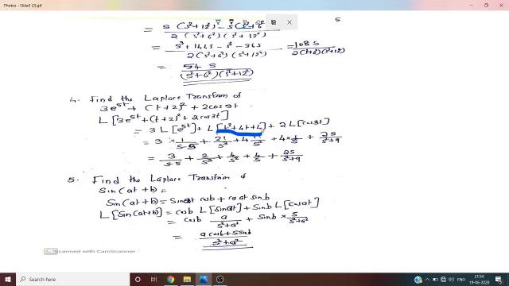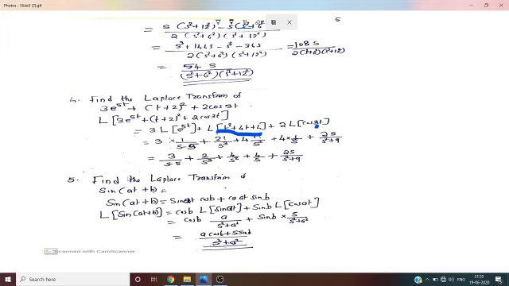And what is the Laplace transform of 4? That is 4 into the Laplace transform of 1, that is 4 into 1 by s. The Laplace transform of 1 is 1 by s. What is the Laplace transform of cos 3t? 2 into s by s square plus a square, where a is 3, 3 square is 9. That is, you will get the answer as 3 by s minus 5 plus 2 by s cube plus 4 by s square plus 4 by s plus 2s by s square plus 9.